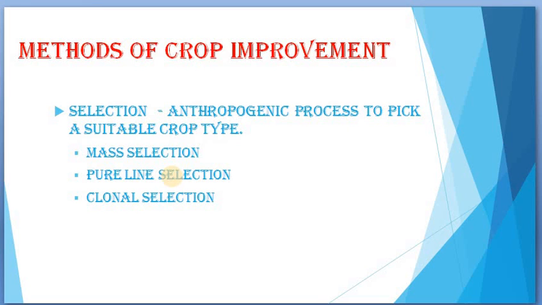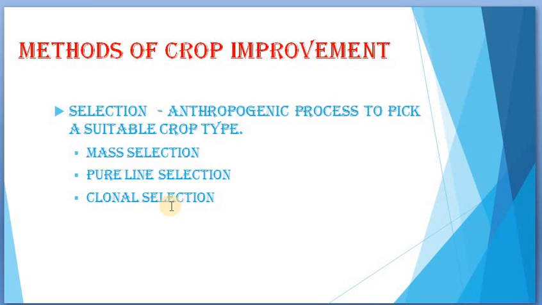For example, in school, if for one particular program this class of students will be doing a dance in a better way, then the entire class can be selected. Maybe in that class, out of 30 or 25 students, some 5 or 6 may not be performing well, but the rest would do well, right? In the same way, some disadvantages may be there in the mass selection method. But in pure line selection, it's not like that. All the necessary or desirable characters would be enhanced by doing pure line selection.